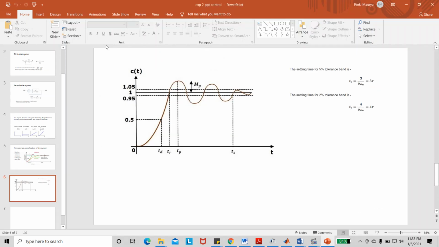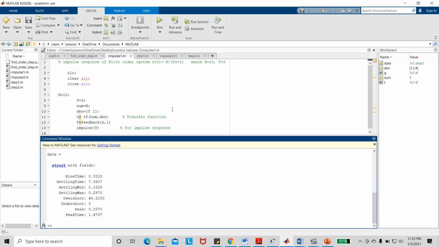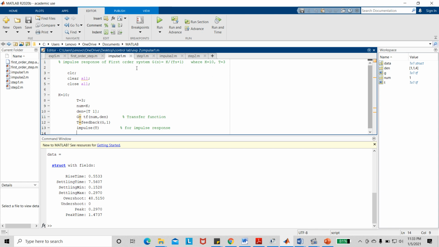So, to perform the impulse response of a first order system, we use an impulse signal to test the first order system.